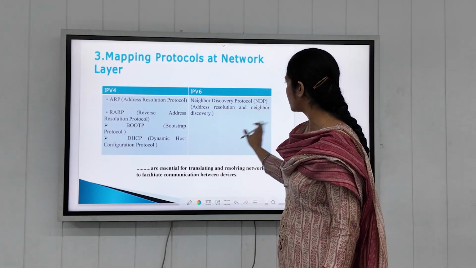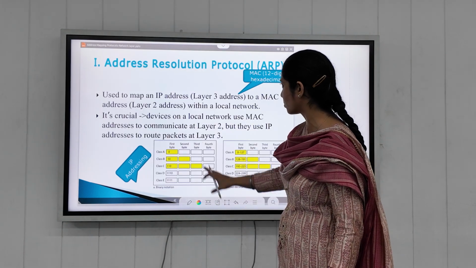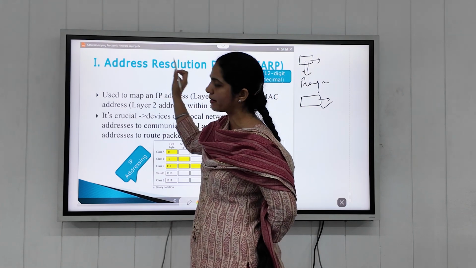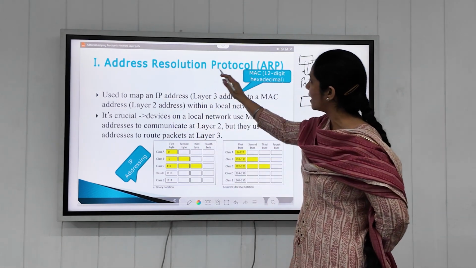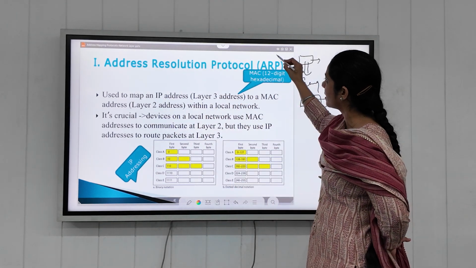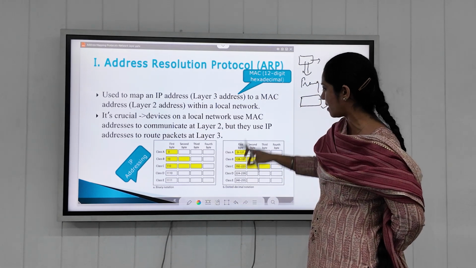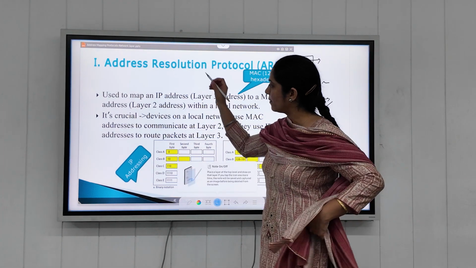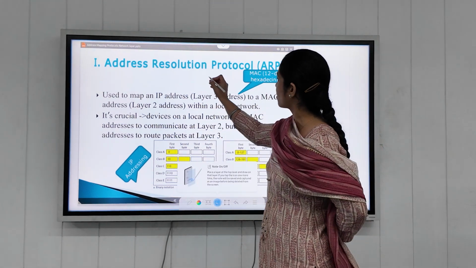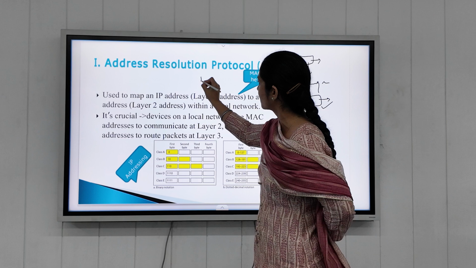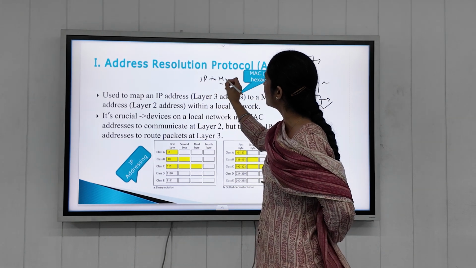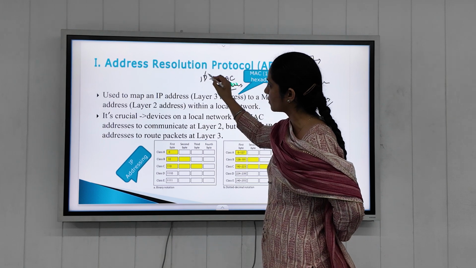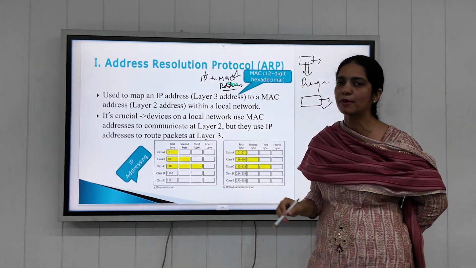So let's talk about the next protocol, which we discussed in the last slide, that is the address mapping protocol ARP. ARP is the Address Resolution Protocol. In short, we can call it ARP. And ARP works with the concept of having the IP address but not knowing the MAC address. I know the IP address of that device, but I don't know exactly the MAC address.